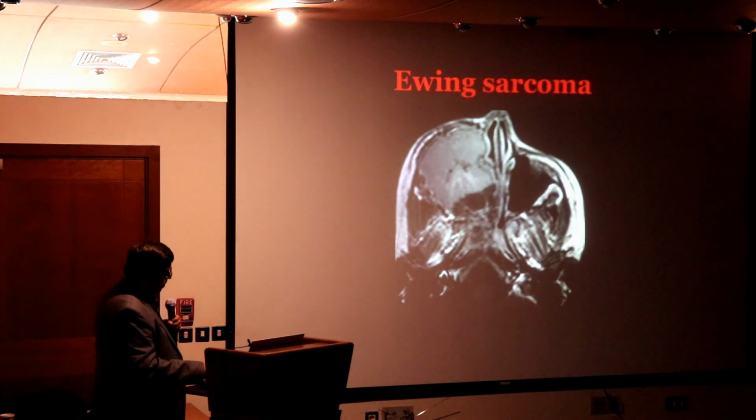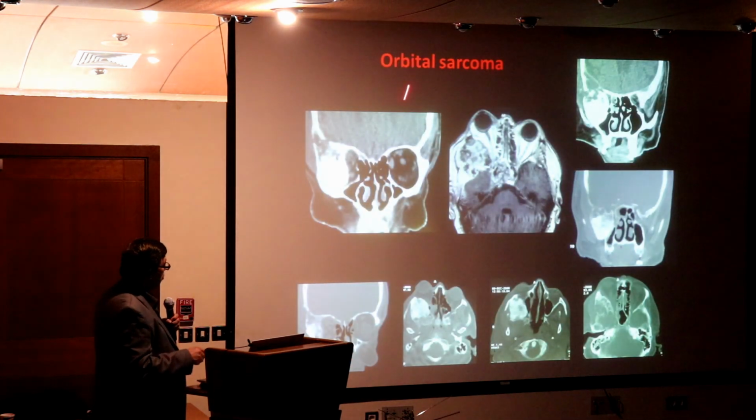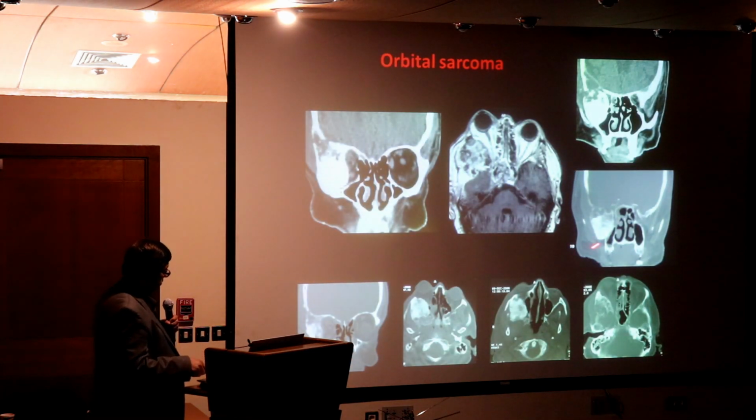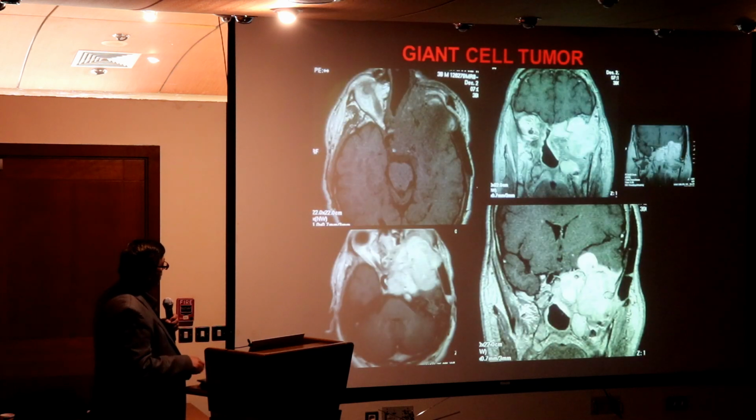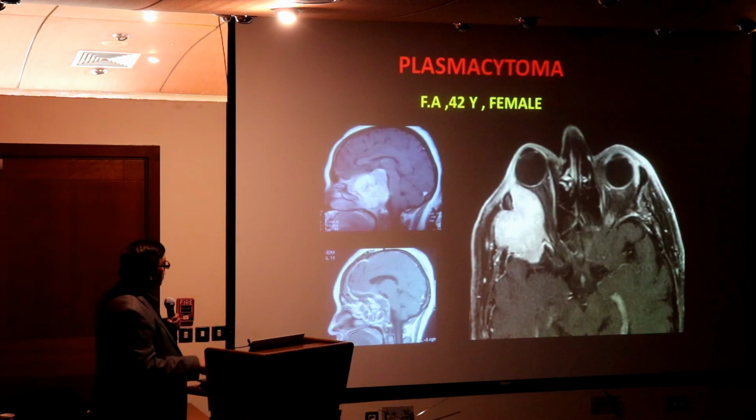Ewing sarcoma. Orbital sarcoma, esthesioneuroblastoma, which is arising from the olfactory tract, it's a malignant tumor, giant cell tumor. So as a neurosurgeon, you have to be prepared to deal with these cases because they are approaching on your territory. Plasmacytoma, whether single or multiple,